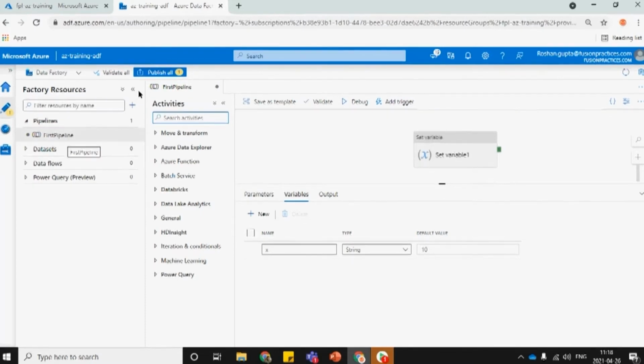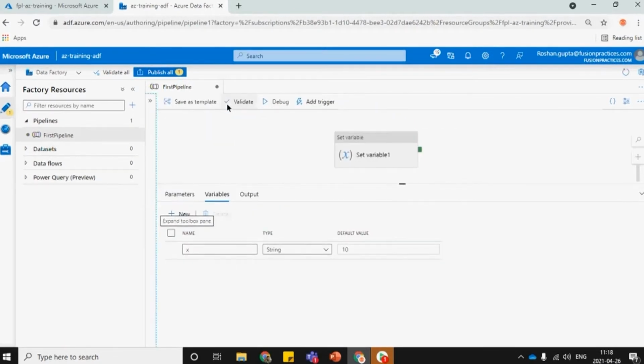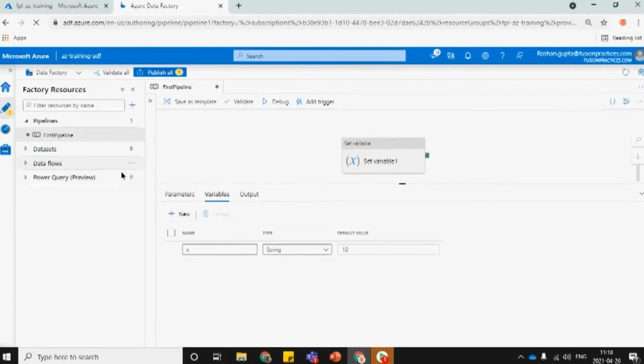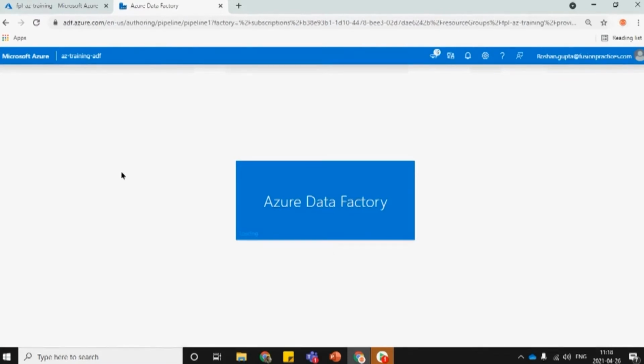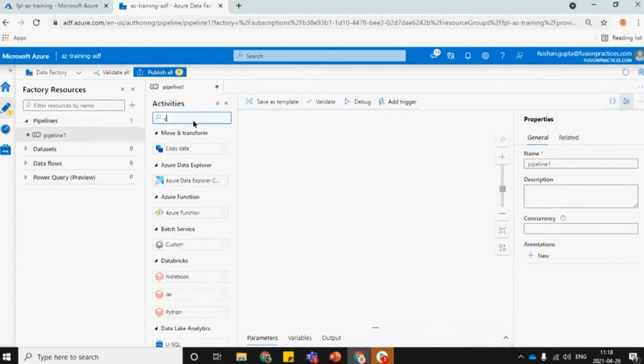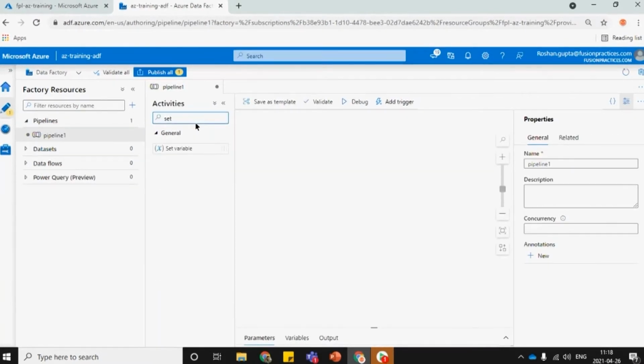Now you can see that the publish all button is enabled. Why is it coming up? Because it is more like saving. Whenever we make any changes to our pipeline, we have to publish. Otherwise, if I simply refresh it, you can see everything is gone. No pipeline is there. But if I create a pipeline and publish it,